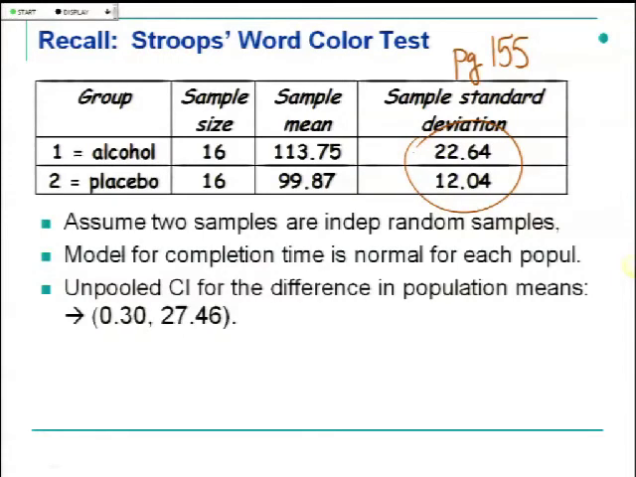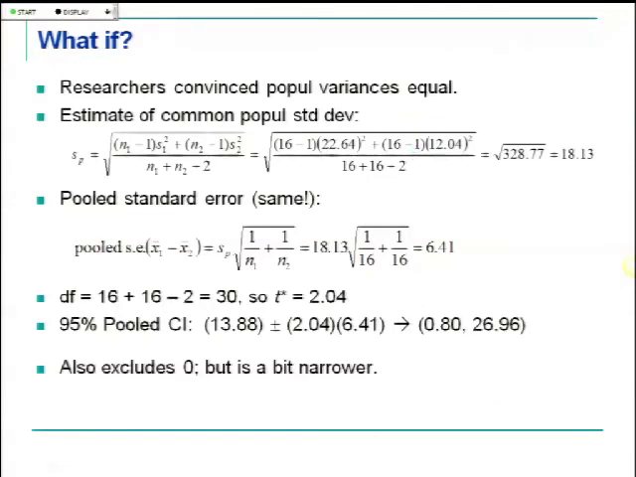We turn to the next page, and it talks about what if the researchers who knew a little bit more about this type of a study and these variables and such were convinced that the variances for the populations could be assumed to be equal. And so they had you go through and do the pooled confidence interval instead. So rather than working through the whole thing together, it is all laid out there. Notice there's a couple steps. You have to first get that thing called SP. That's our estimate of that common population standard deviation. That's the first step. If there is a common population variance or standard deviation, let's use the 2 S's together